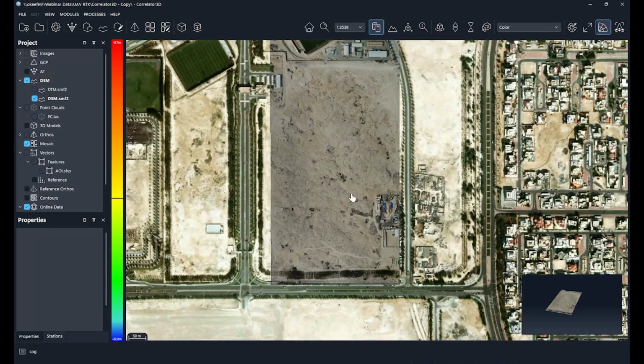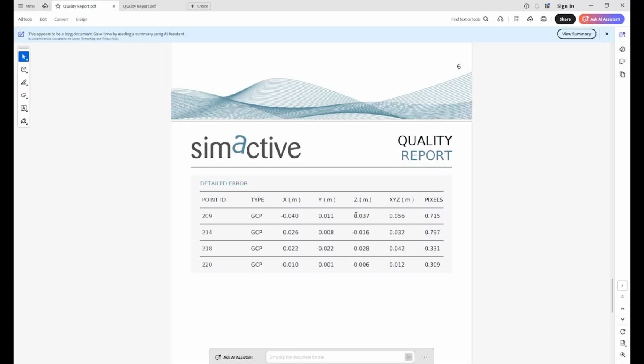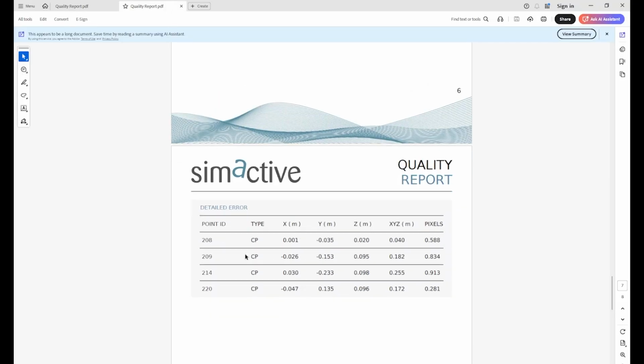So if we do just a quick recap, let's take a look at the reports that we've got here. This is a particular report using GCPs, as we stated, so we have our detailed error for those GCPs. We do have a secondary report, and they were used as checkpoints. So this is the secondary flight I mentioned. These were done, again, the same area, but with a flight that was true RTK with the same points. I actually used the same points and brought them as checks. So you can see there the detail error for the